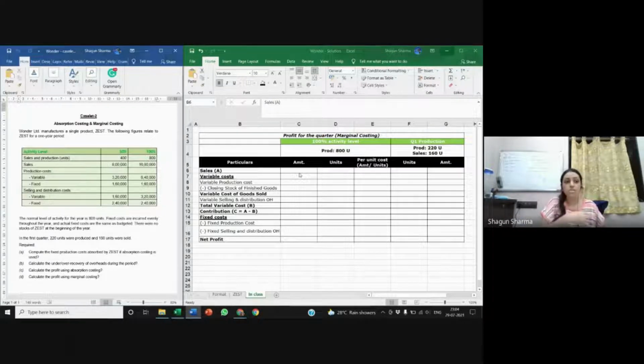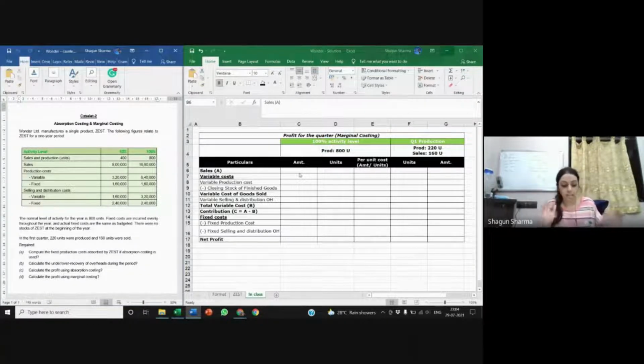Okay, so that is not an income that I'm expecting from him. But the cost that I pay to my laborer, the wages that I pay to him for the products that are manufactured, that I will incur only if I accept this order. So marginal costing tells you to find out your variable costs first, because fixed costs you are going to incur anyway, and cover at least your variable costs.